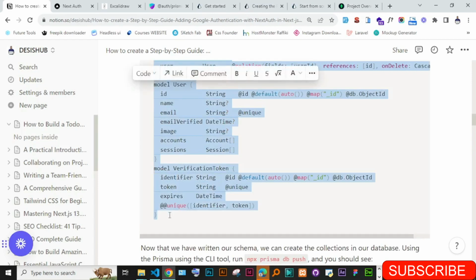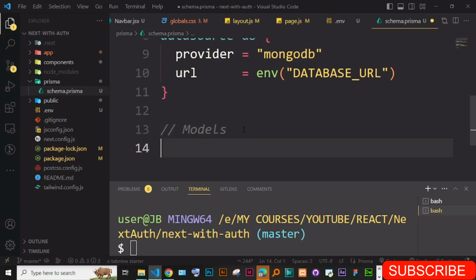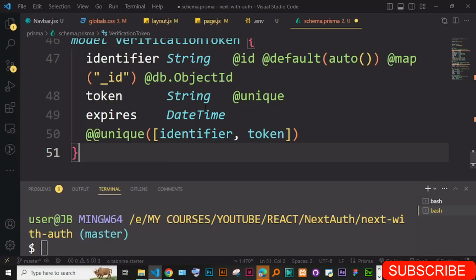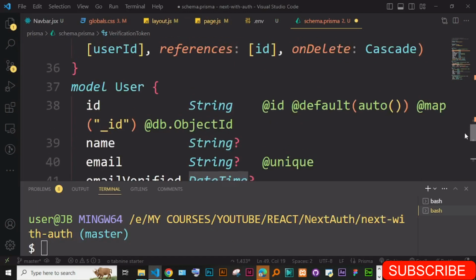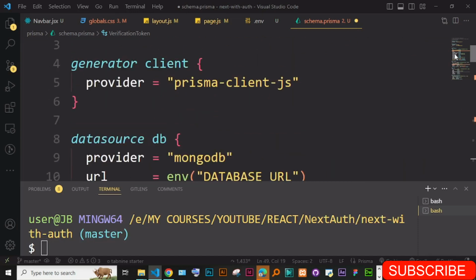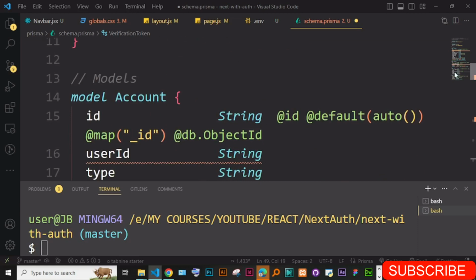Just copy this one, Ctrl C, and paste these ones. Now let me explain. I'm not going to write them one by one, but rather explain them. So the first thing we have is